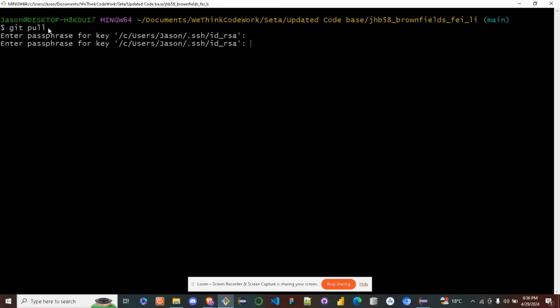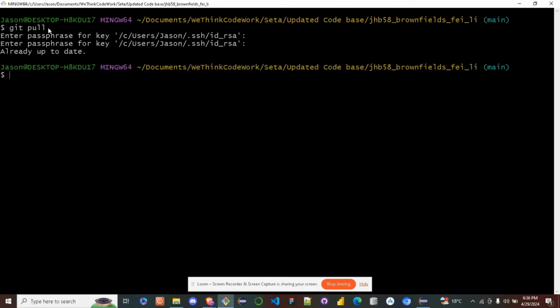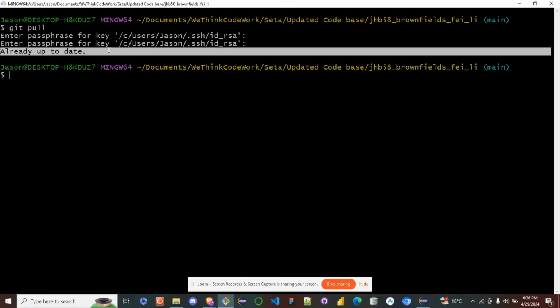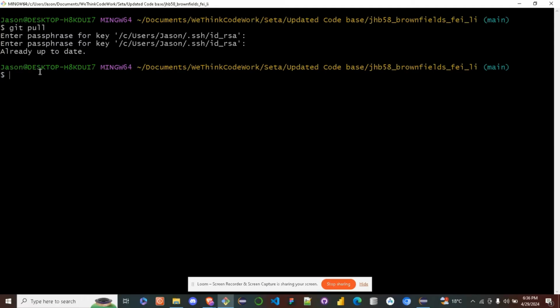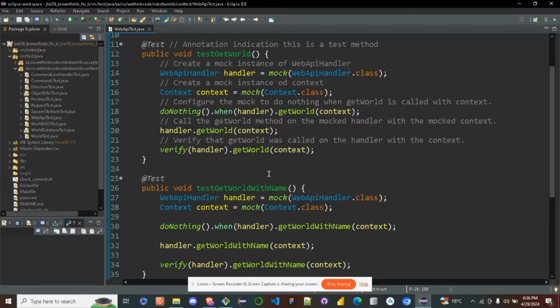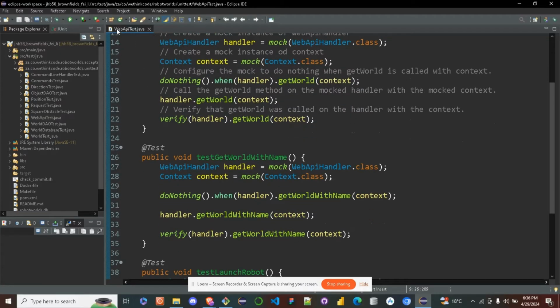We enter our credentials. All right, and already up to date. Because I've been working on this project, I am already up to date, but we will do a minor change and over to our IDE where I will make a change to this web API tests.java file,